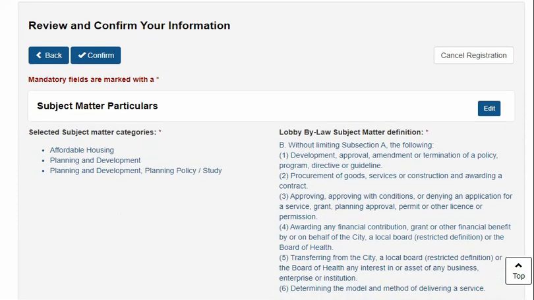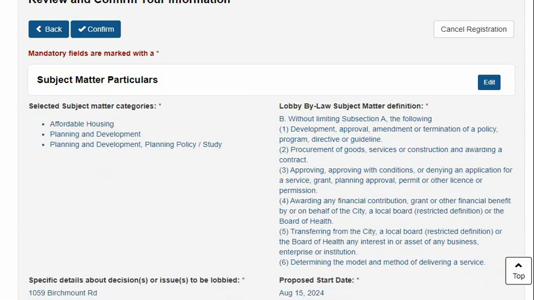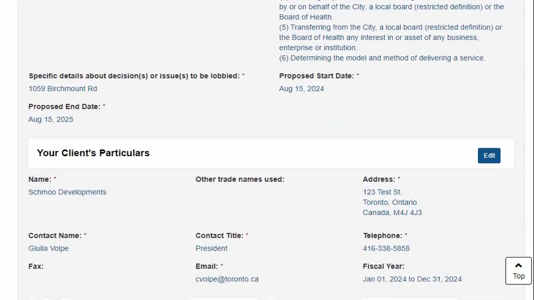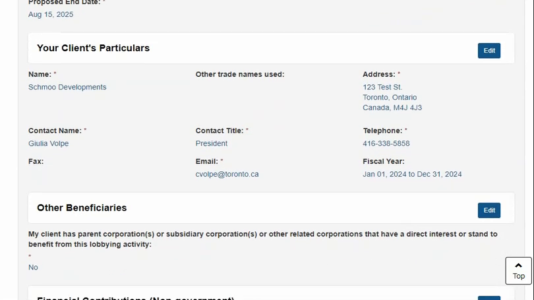Review and confirm your information. Here is where you would review your information before submitting the subject matter registration to our office for approval. Review the information you have entered for accuracy. If changes are required, please select Edit next to the appropriate section and make the necessary changes.